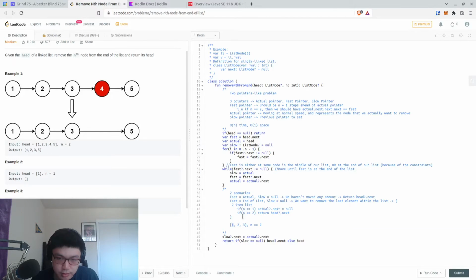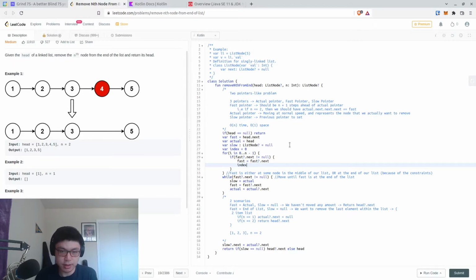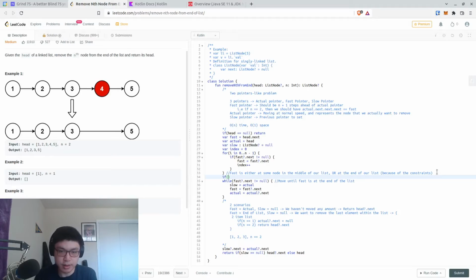And the actual stays here. You can have like a number of, or index plus plus, and we can say if index is equal to n, well, it should be equal to n in all cases,